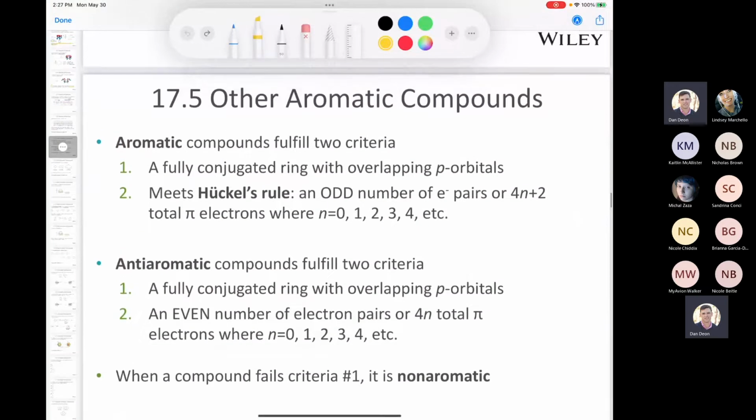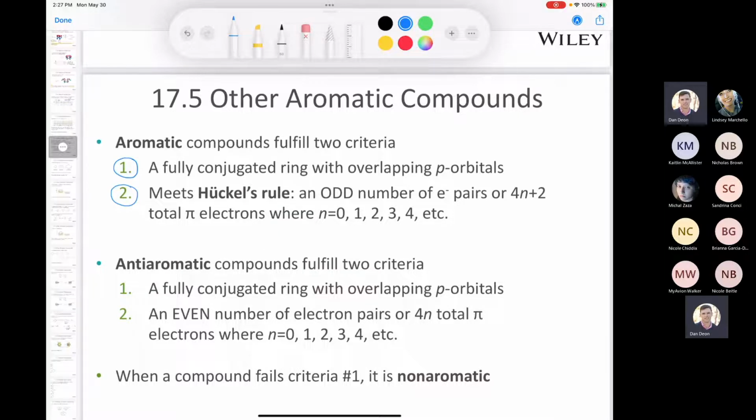All right, looking at other aromatic compounds, let's take a look at the rules for aromatic compounds. It says aromatic compounds fulfill two criteria. Number one, we have a fully conjugated ring with overlapping p orbitals, and we have to have an odd number of electron pairs. So it has to satisfy Huckel's rule, odd number of electron pairs, or 4n plus 2